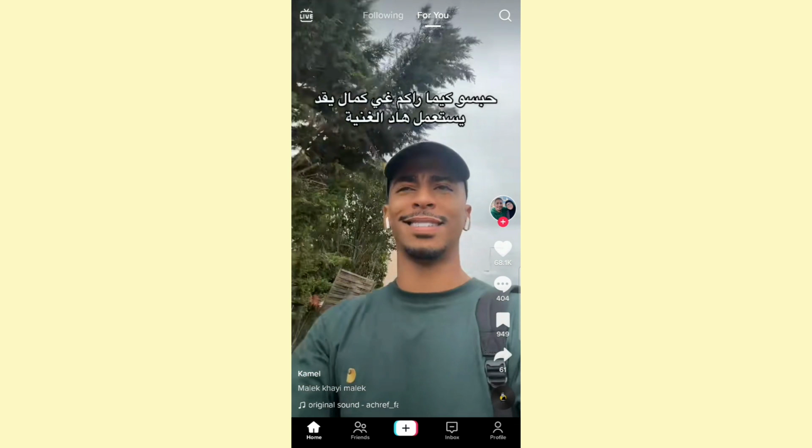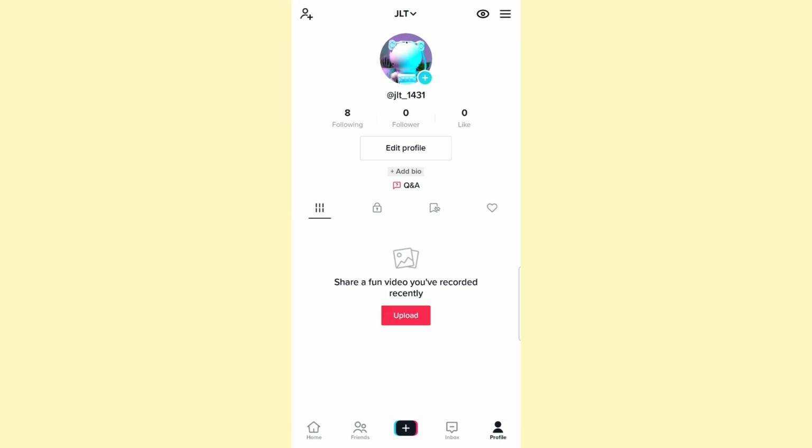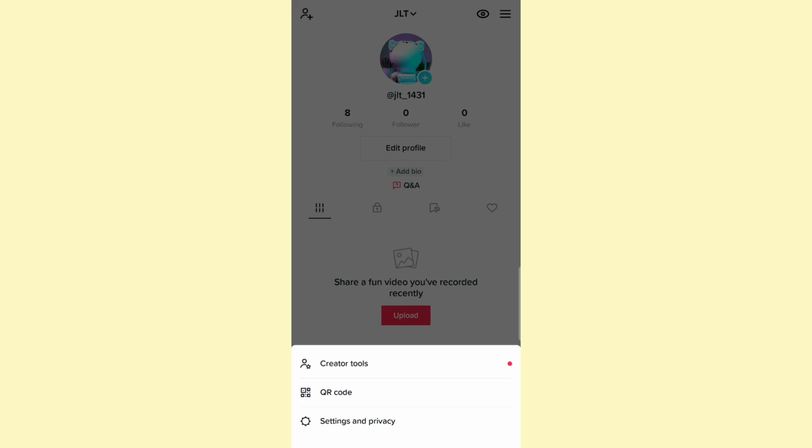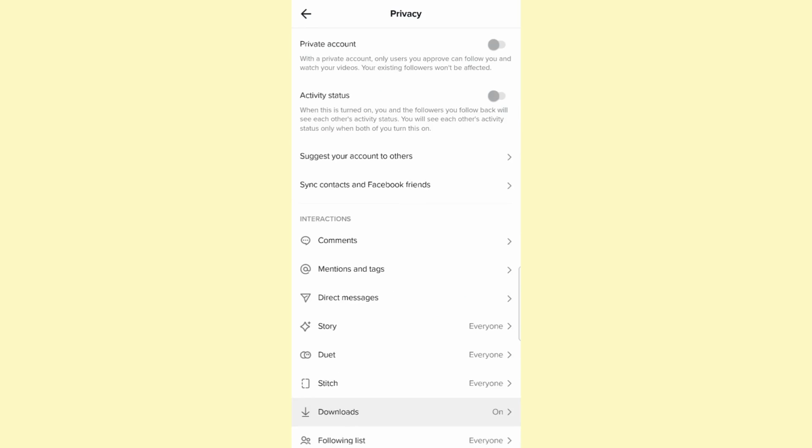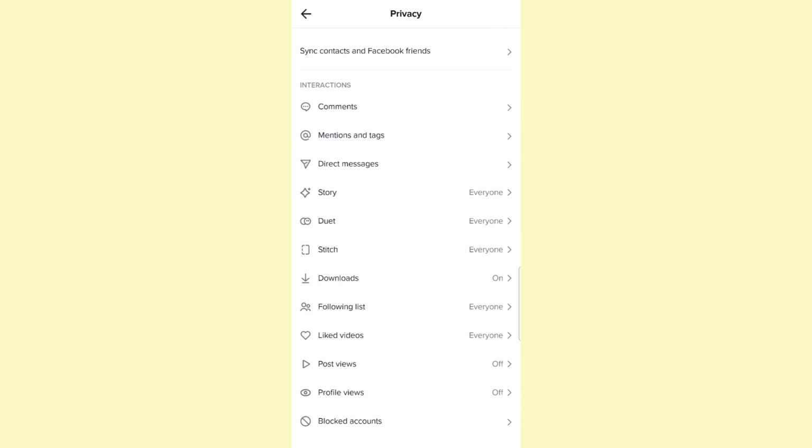So go ahead and open up TikTok. And once you do that, click on the profile icon at the bottom right. Then click on the three lines at the top right corner of your screen. Then click on settings and privacy. And here from the account section, click on privacy and then scroll down to the interactions section, and from there